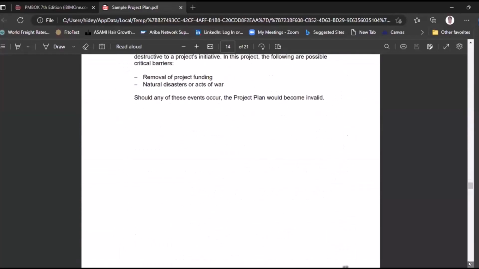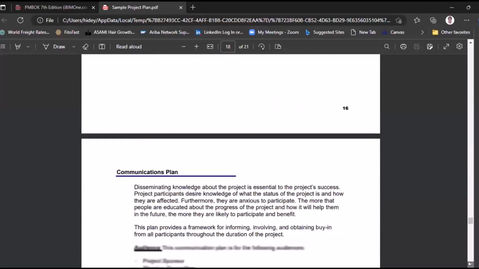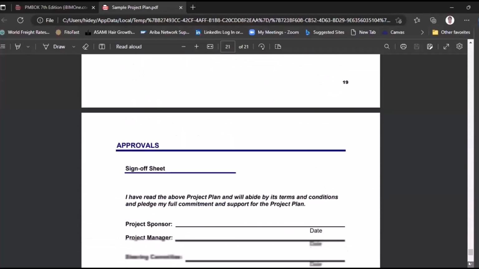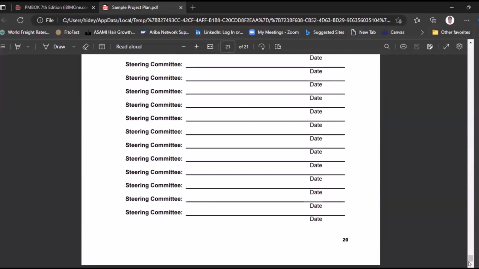And normally it's on the last page. Even the responsibilities are also included in your project plan. So as you can see here, you will place all the stakeholders and they will have to sign off on the project plan. So once the project plan is already signed, there should be no more changes to the requirements or to the scope of your project, because you already agreed to it.